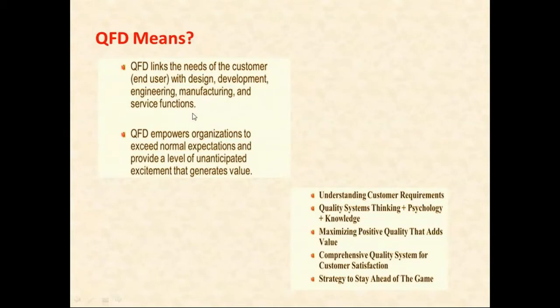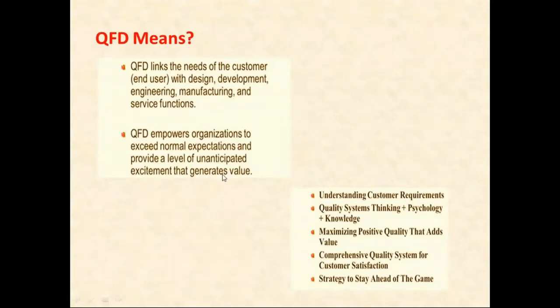Now, to empower this organization, we have to exceed the normal expectation. We will be marking it, because when we are working out these expectations, they are all intangible. Now we have to convert them into tangible ones, and whenever we write down the expectations, what is actual will be marked, but the expectation should always be above the normal. That will be a target. This will provide us a level where we can reach the requirements of the customers above their expectations. When it is above their expectations, it will give you greater value.